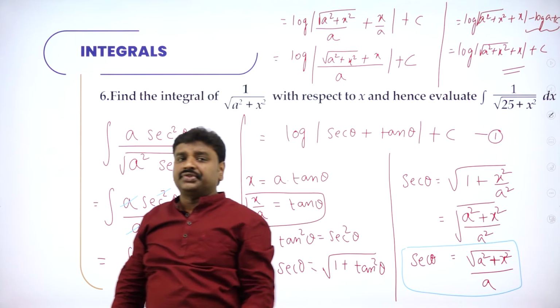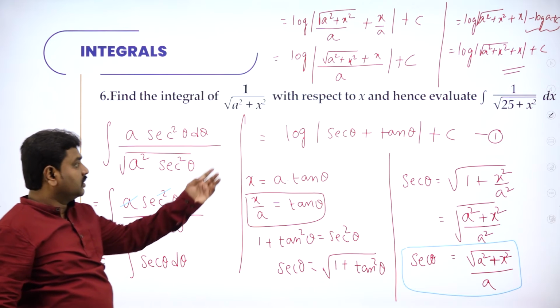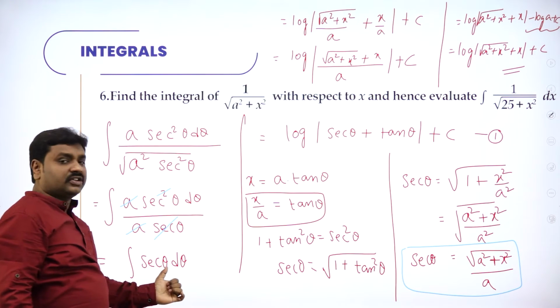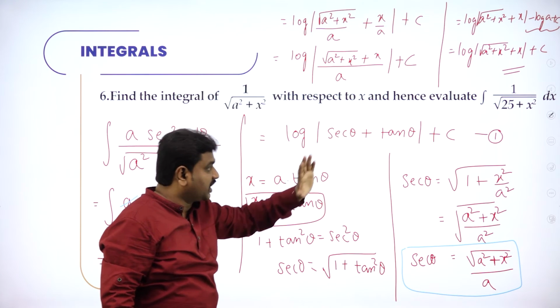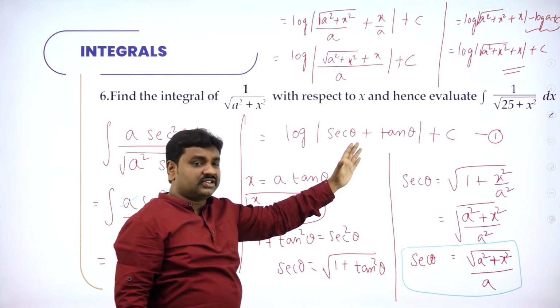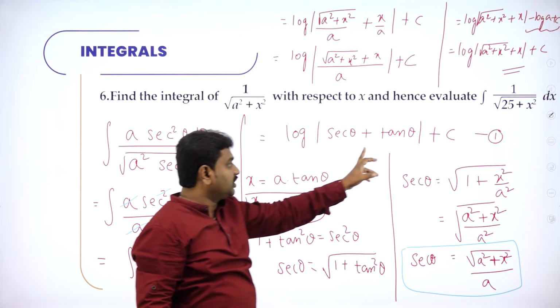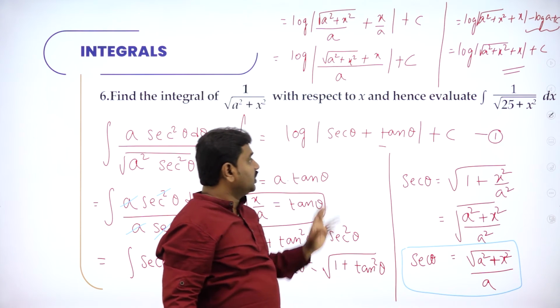So now we got the answer. Did all of you understand? What is the integral of secant x? The integral of secant x is log of secant x plus tan x. So the integration of secant theta is log of secant theta plus tan theta. We assumed x is a tan theta. From this, tan theta becomes x by a. In the place of tan theta, I wrote x by a, and secant theta